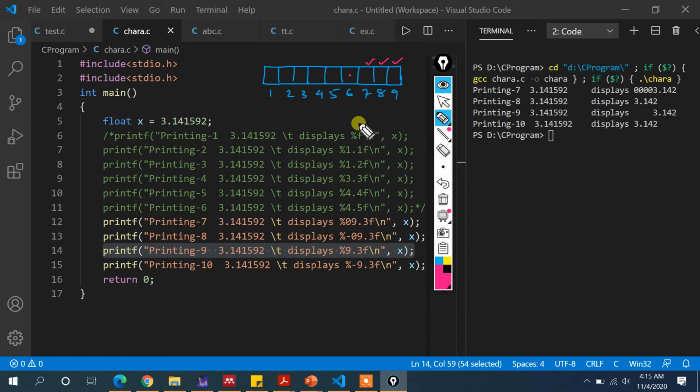Then the remaining boxes will be used to display the integer part of this floating point number, that means 3. So the output will look something like this: 3.141, and before that 4 character places will be taken as spaces.